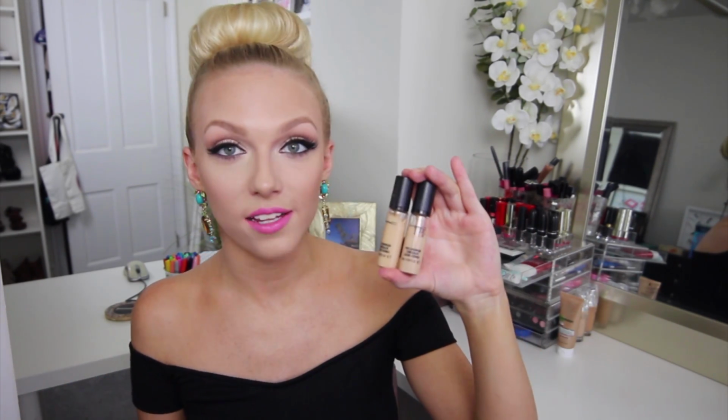Okay, so moving on to concealers. I think concealers is definitely one of the products that MAC does very, very well. So this is the Pro Longwear Concealer. Now I do have 2 shades because I use it for a lot of different things. The formula of the Pro Longwear Concealer is so unique and so different than any other concealer I can really